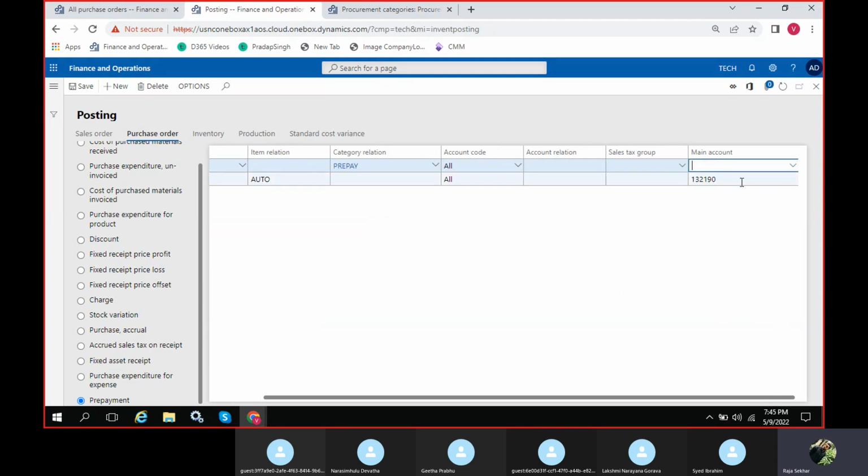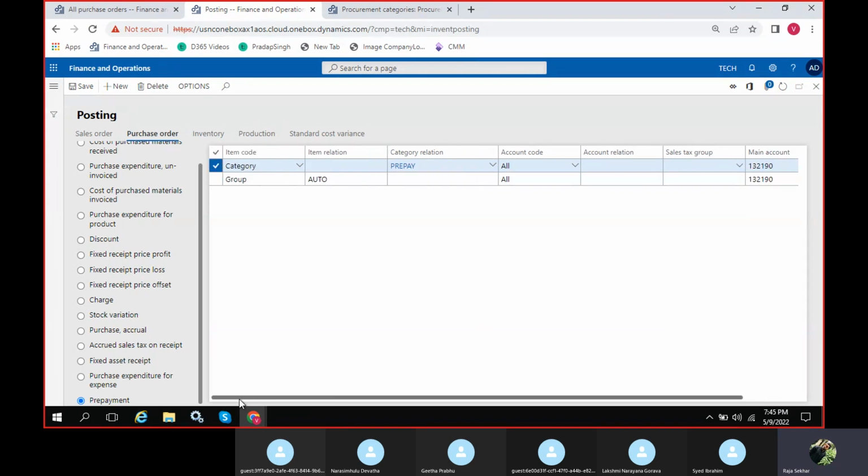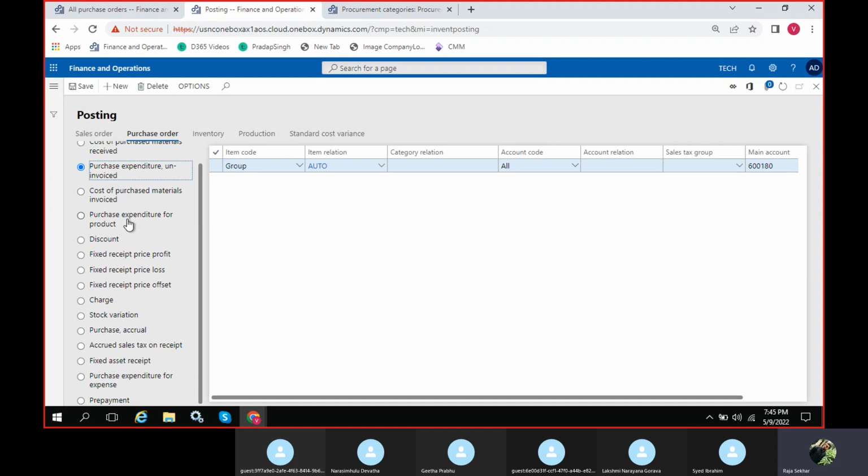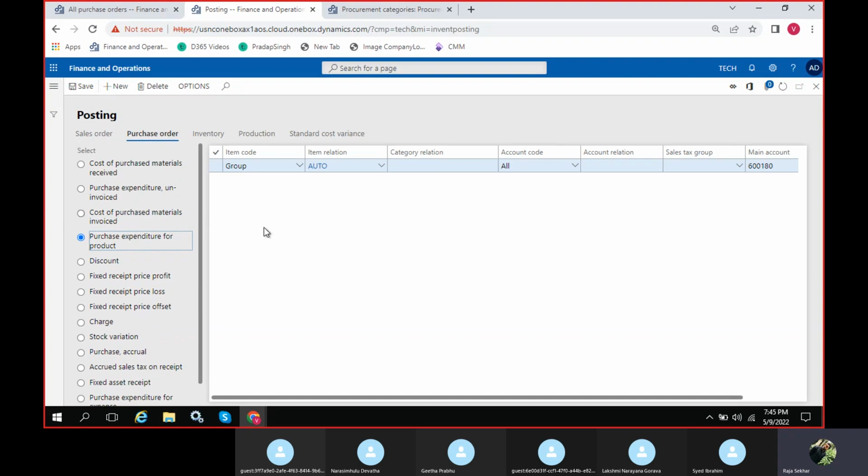I'll take some account, procurement category, and save it. Purchase expenditure for product, this is fine. Okay, I'll save this one,